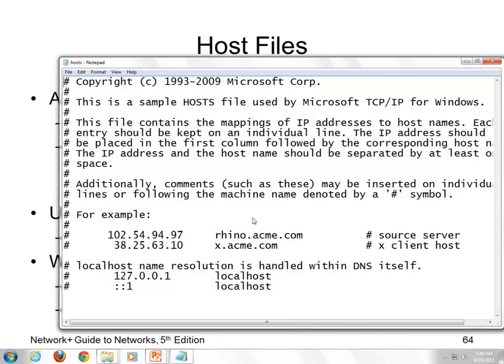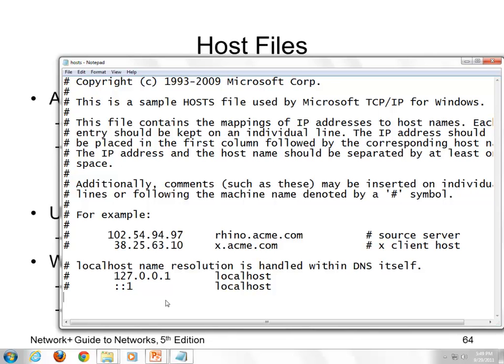All right. This file really doesn't say much yet. The way this file works is it maps this IP address to this name. So 38.25.63.10 is x.acme.com. That's all it does. It's a manual mapping. Those numbers can change. Yes, they can. The problem is if I put them in here, they can't change. So that's why we don't use this anymore. Because if I was to put in Yahoo, for instance, Yahoo changed their numbers, and my file wouldn't change.